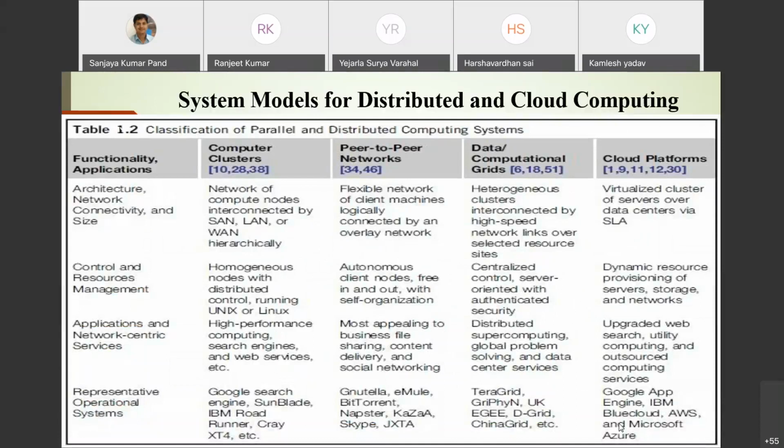Okay. So the third type of system is what we call the data computational grid. They are different from each other. An application is generally represented in the form of a data flow graph, DFG, or a directed acyclic graph, just like this, right? You know that until node A is successfully completed, you cannot start node B and node C.